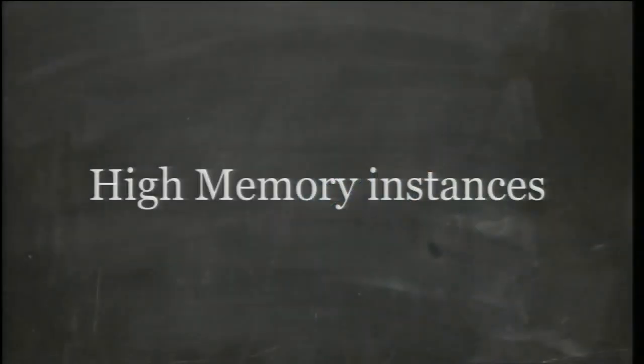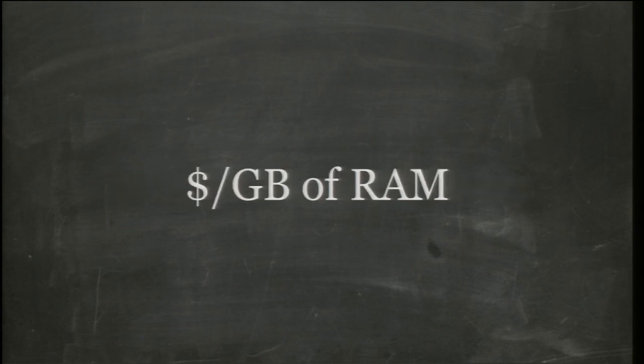The other instance family that we have is a high memory family. Again, as I said, high memory would indicate that the ratio of memory is higher in this case. We are biased to that. And what we try and focus on here is how much cost per RAM we can provide you. These are the cheapest instances per RAM that we have today. And so if you're a memory-bound application, we recommend that you run here, which means a lot of databases, for example.